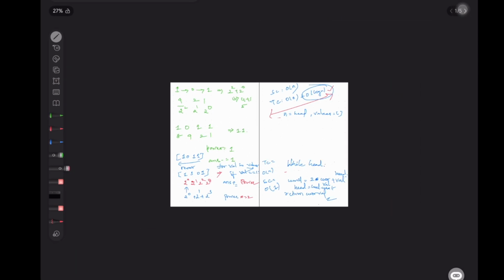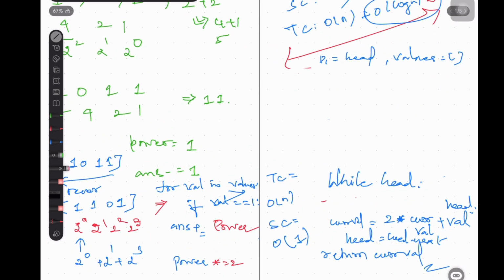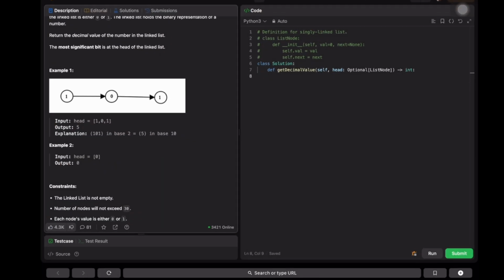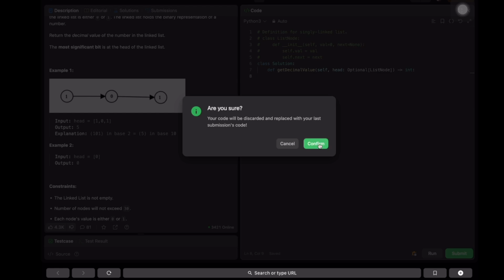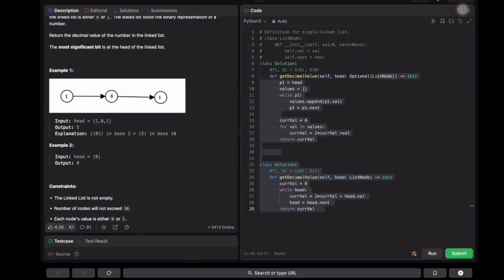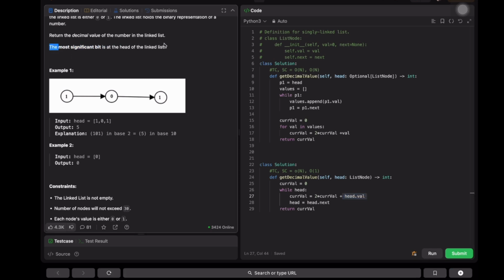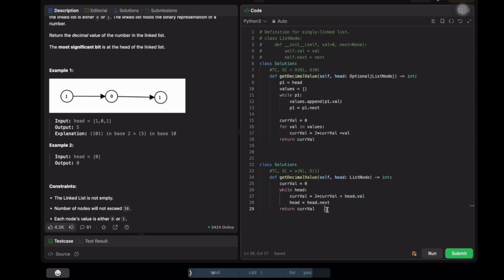Now let me just take a look at the solution that I submitted. So now if you just see, I have used the same. I have initially stored the values, and I have traversed from MSB to LSB. This logic I have explained, how the stored current value plus value works. So here we don't need to store the values at all. We can straight away use head dot value because already the most significant bit is at the head of the linked list. So you can just use head dot value and you can just return the current value. I hope you guys would have understood the solution.